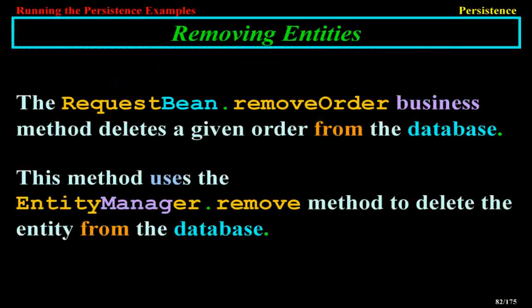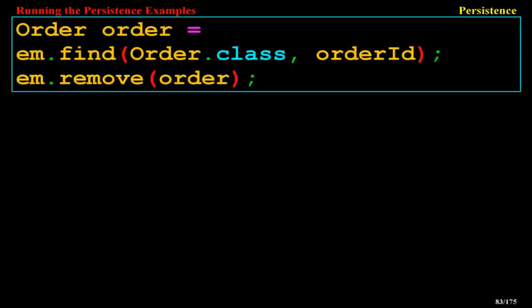Removing entities. The RequestBean.removeOrder business method deletes a given order from the database. This method uses the EntityManager.remove method to delete the entity from the database. Order order = em.find(Order.class, orderId); em.remove(order);